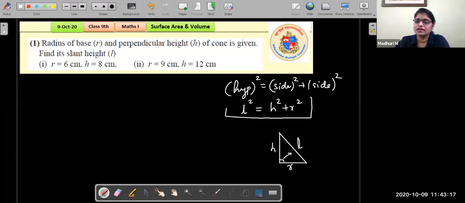So this is another formula added to the list, and it is also very useful because in most of the problems we will be using this formula. In case we are given two things, slant height is given, height is given, and we will have to find R first, right? So this formula is really helpful. L squared is equals to H squared plus R squared.